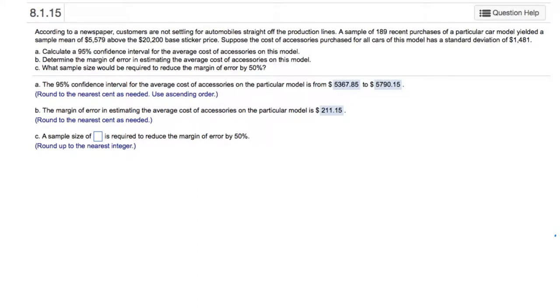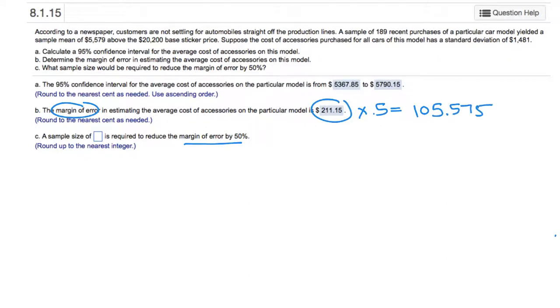So in this problem for part C, what we want to do is find the required sample size in order to reduce our margin of error by 50%. So you already found the margin of error in part B, that's right here. So to reduce it by 50%, we will multiply by 0.5, and that gives us a new margin of error of